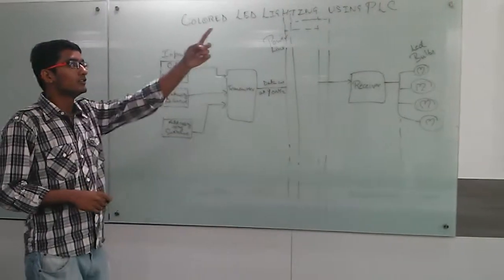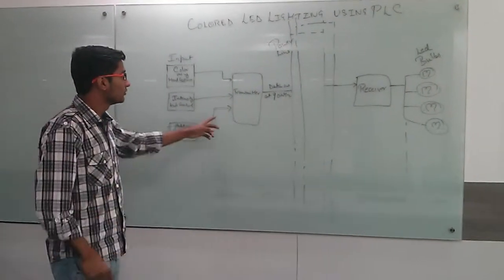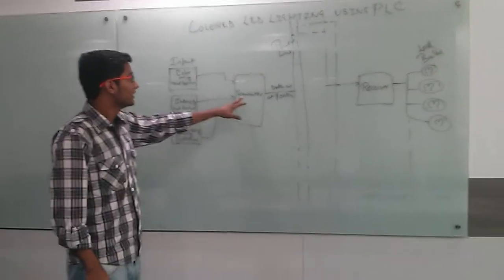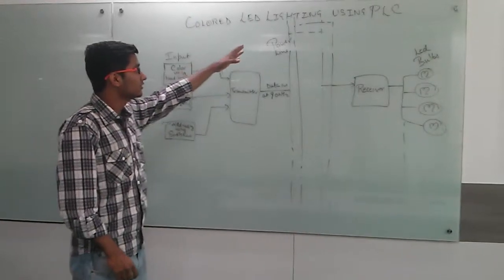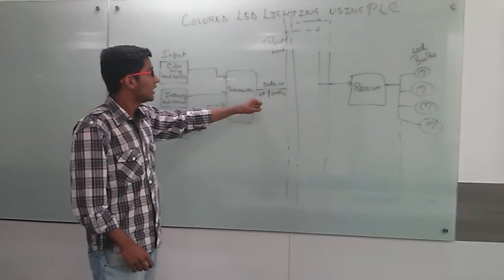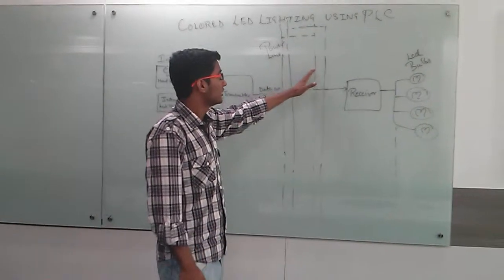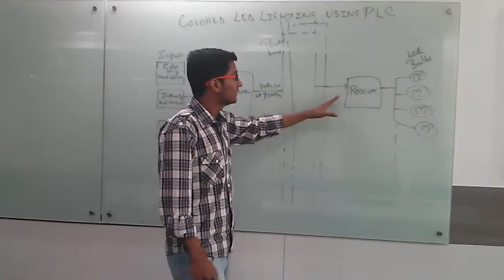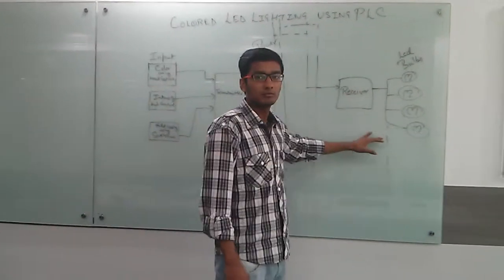So we can control this bulb and change its color, or that bulb. The transmitter converts this data at 90 kilohertz and sends it on the power line, and we have a receiver that will isolate the power line from this data, and that is decoded, and accordingly the bulbs light.